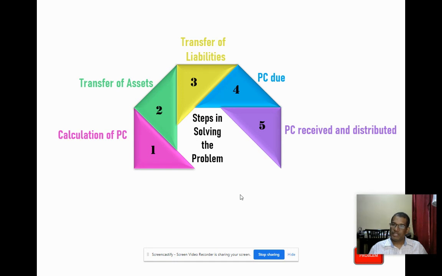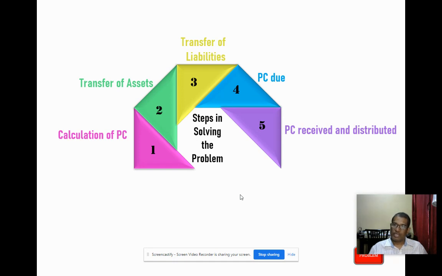Immediately when we receive the PC, it is to be transferred to the stakeholders of our company. So we have to transfer equity shares to equity shareholders, preference shares to preference shareholders, debentures to the debenture holders, depending upon the adjustment. The cash that we have received is not transferred to equity shareholders immediately because we require the cash for various purposes till we come to the end of the process of the absorption.